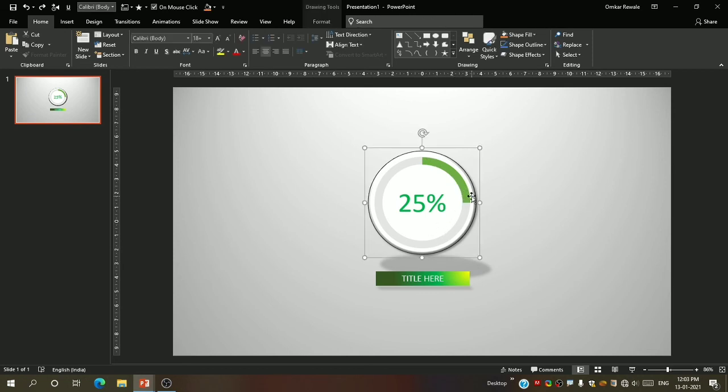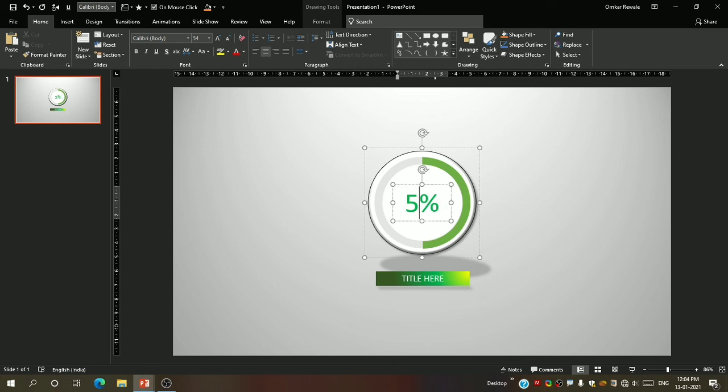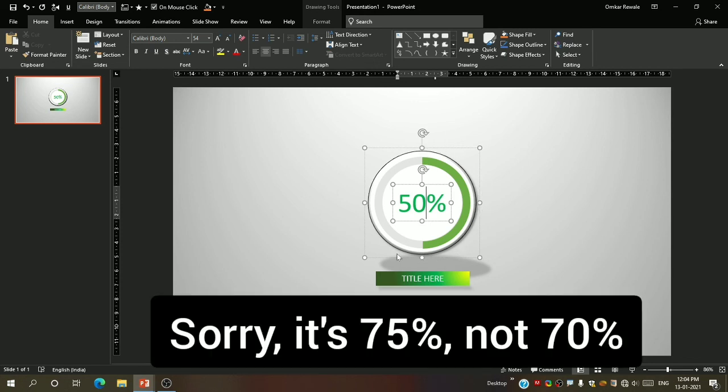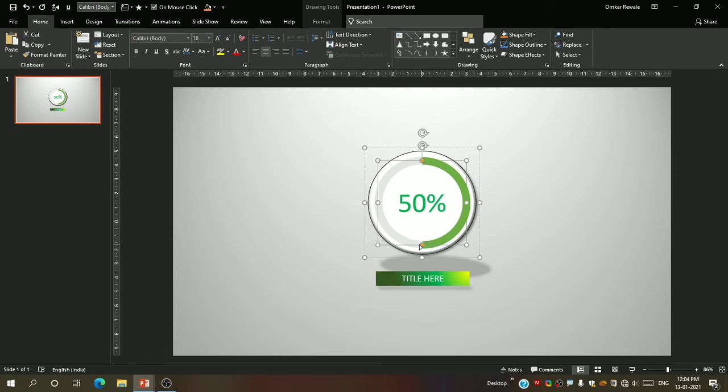First select this arc. If I want to make the percentage 50, I will just hold this and drag it downwards. Now this is 50, and I will change the number here. So remember this point over here is 0%, from here 25%, 50%, 75%, and 100%. Let me show you with this arc. This is 50, if it comes here 75, and here 100%. So accordingly you can keep it.